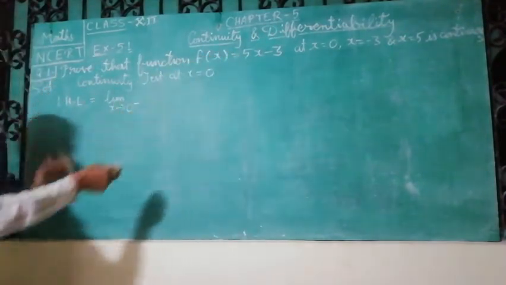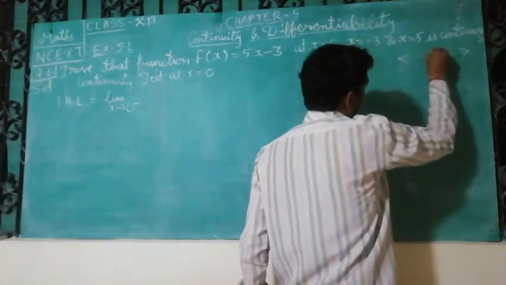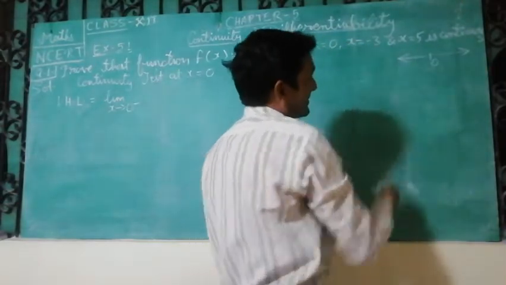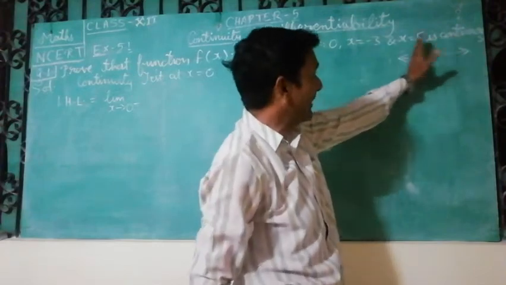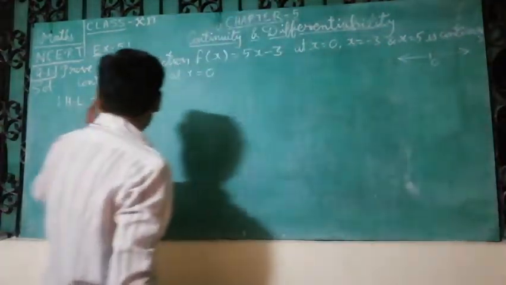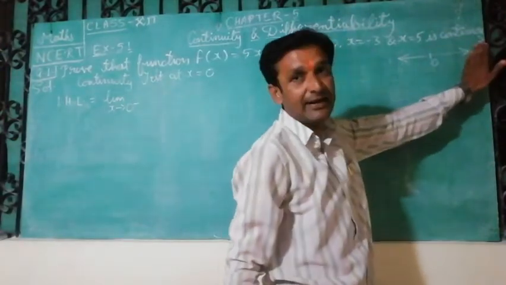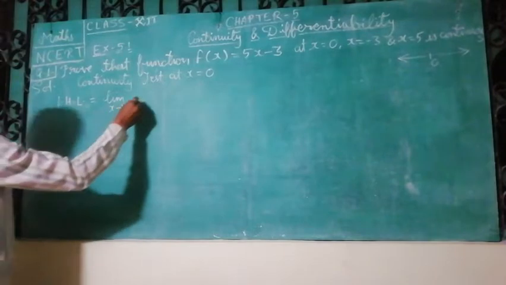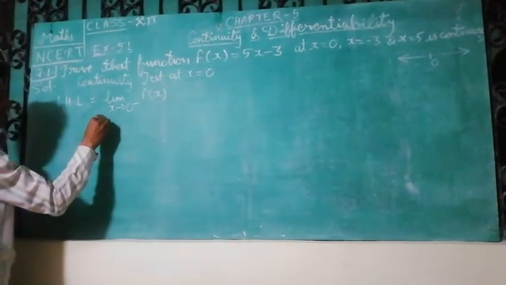You know the number line. You know the number line very well. What does that number line show? Suppose this is 0. Then this part is 0 minus, and this part is 0 plus. So this part is the left hand side, that's why it is known as the left hand limit, and 0 plus is known as the right hand limit. Okay. So we write the limit as x tends to 0 minus of f(x),